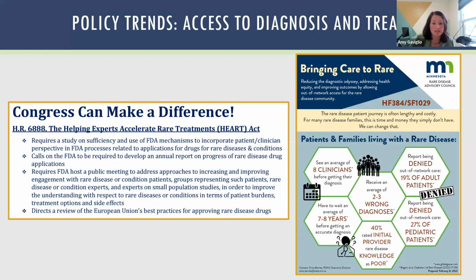This can mean policy at the federal level, like the HEART Act, which seeks to streamline the rare disease drug development process. Again, understanding that a lot of the drug development requirements were set up originally for common diseases, and in many cases it's either inappropriate or not feasible to comply with those requirements for rare disease. But it can also mean state legislation.